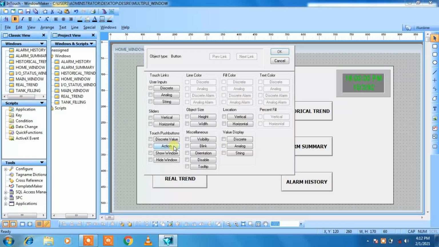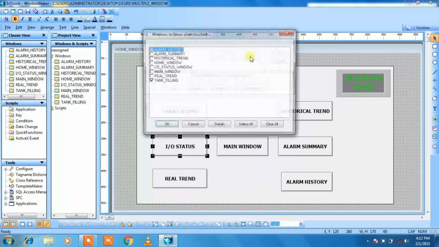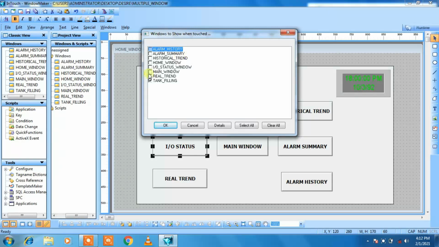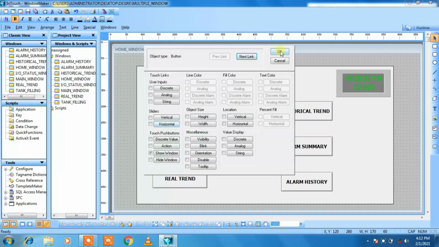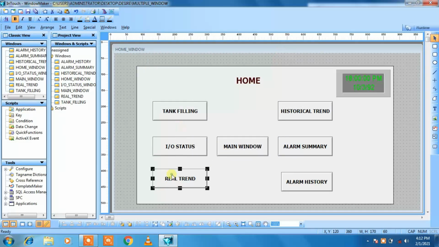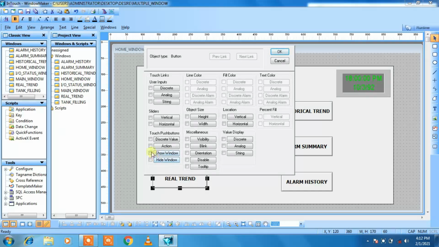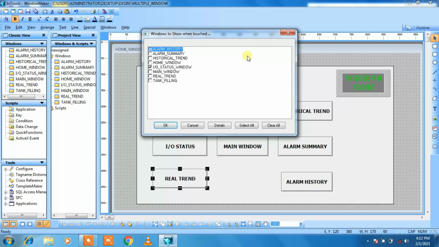Then double click on IO status. Select show window property. Click on next link. Select IO status window. Click on OK. Click on OK. Then double click on real trend, select show window property, click on next link, then select real trend window.